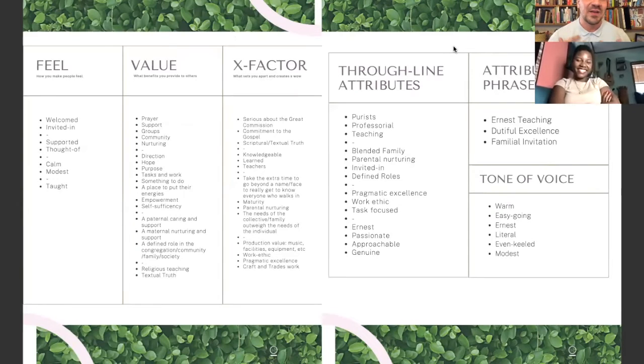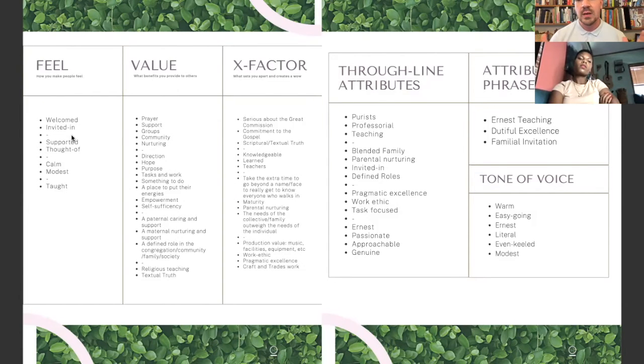Other boxes here for just figuring out how your personality is instead of how you sound. How do you make people feel? So for this church, how they make people feel is welcome, calm, supported. And to be fair, these answers, I know they're a little idealistic. So this is not